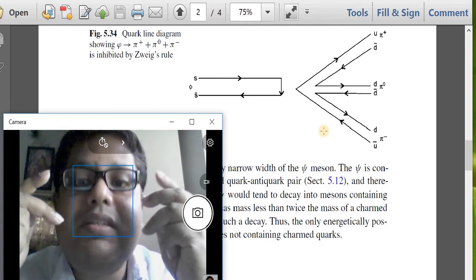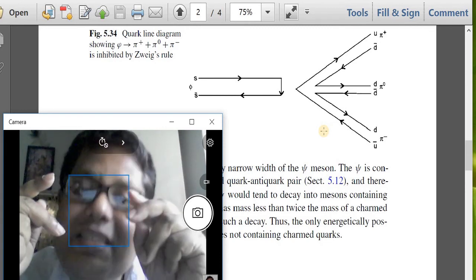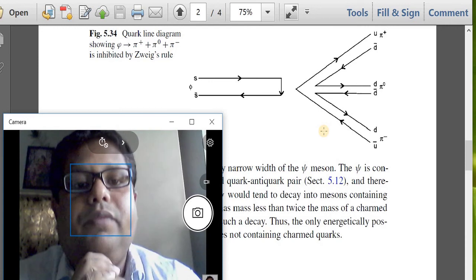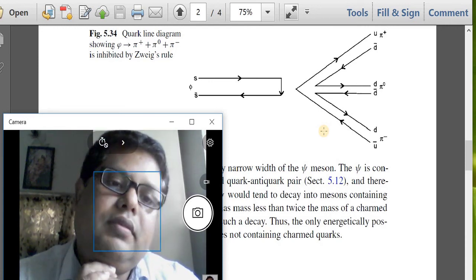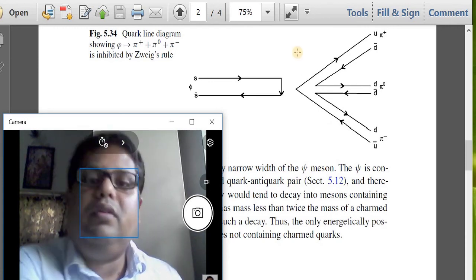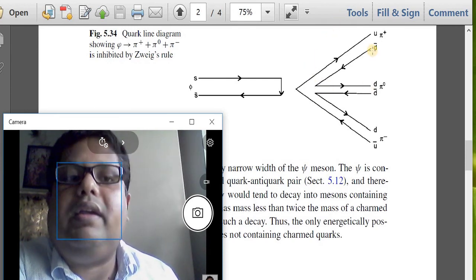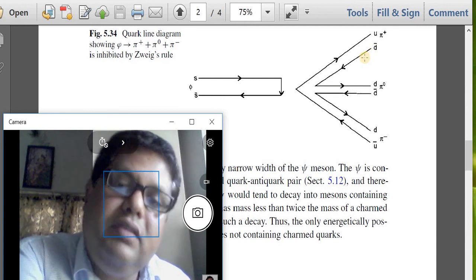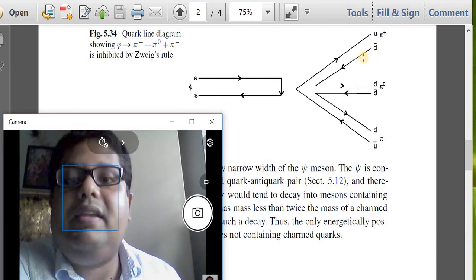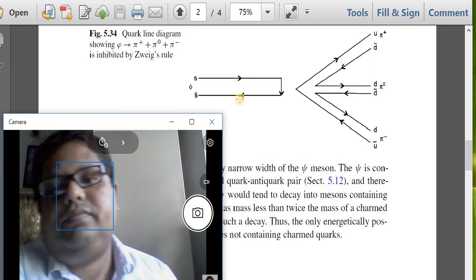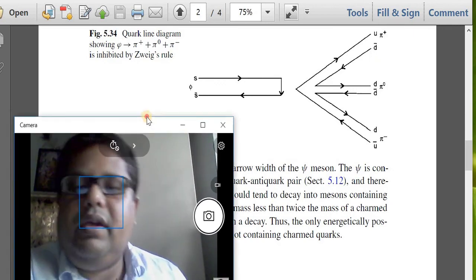And so this causes the disconnected quark line diagram, which you can see there. Any questions? This is a very simple example which shows the disconnected quark line diagram. As a result, this process is inhibited by the Zweig rule. Okay. Now,